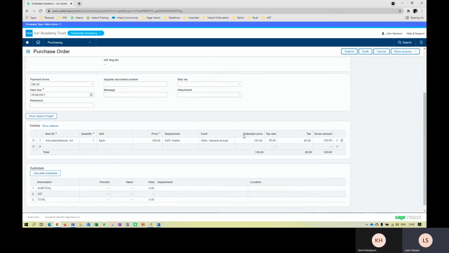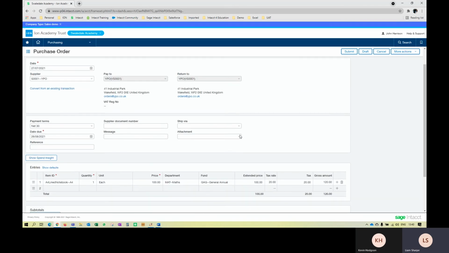The key button probably in here that schools and academies will really love is this option on the right hand side, just to show spend insight. Again, a real world example. I'm John Harrison. I'm submitting a purchase order for some maths department's goods. I want to be able to see where this is going to go through the budget process. If I choose to show spend insight,